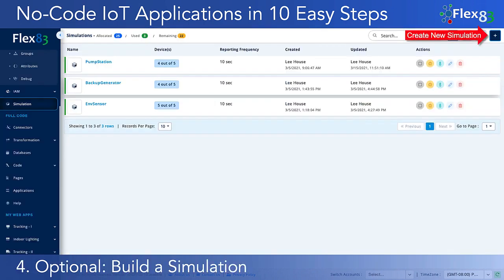This next step is optional but pretty cool. We have built a device simulator into the Flex83 product, which is great for building prototypes of your application. It's also very valuable for showcasing your application to customers and stakeholders. You can quickly build a simulation of an application that looks like what you think you or they will ultimately want and show them something impressive very quickly without actually having physical devices connected. So to create a new simulation, just